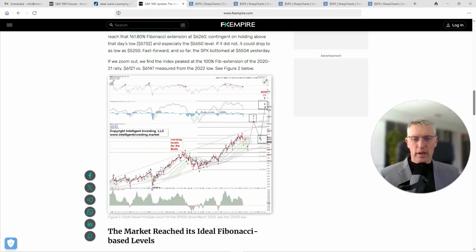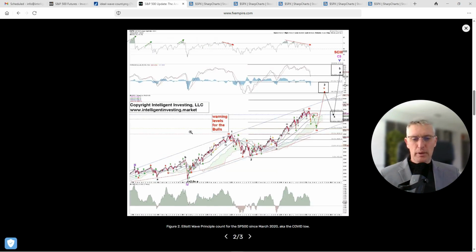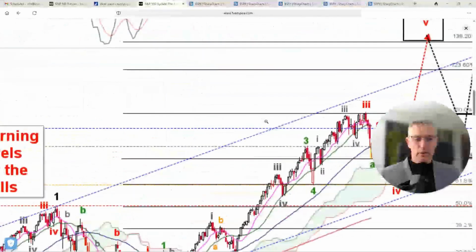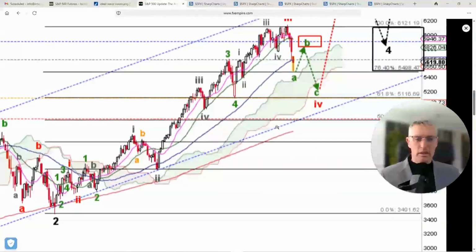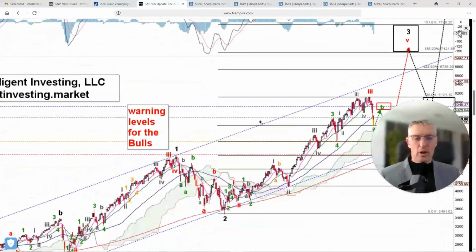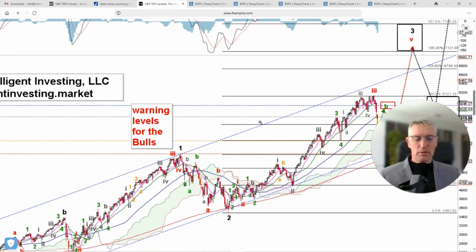And I'm going to show you that with an article we posted on March 14th publicly, and which of course had been shared with our premium members. So this is the weekly chart back then, as you can see here, March 14. All right. And we were looking for a low at around 5,500, then a bounce back to about 5,900 plus or minus 100, and then a decline to ideally 5,116. Okay, that is the ideal Fibonacci based impulse pattern. And as you can see as well, we topped right here at the 100% extension at around 6120.